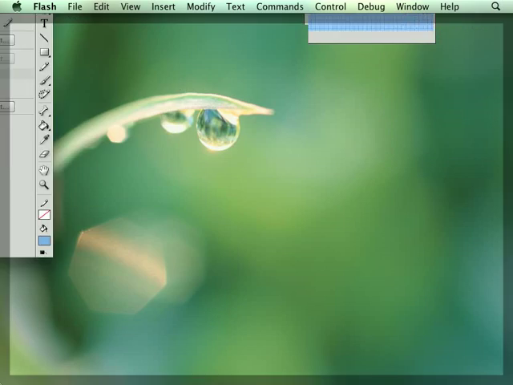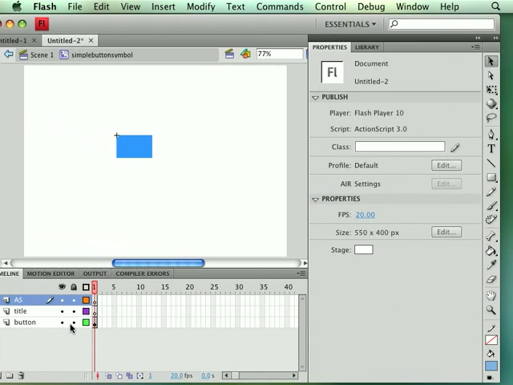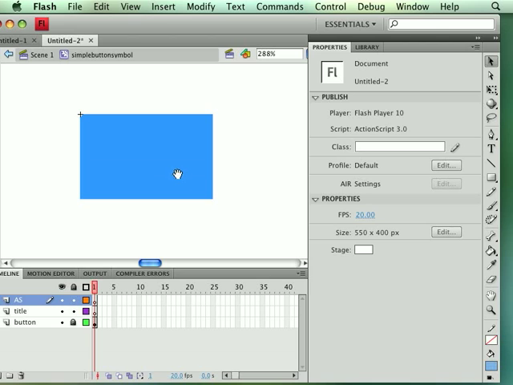So our button is done already, so I'm going to go ahead and just lock that layer because I don't need to add anything else to it. And I'm going to press control space bar, and that's going to turn my cursor into a magnifying glass,